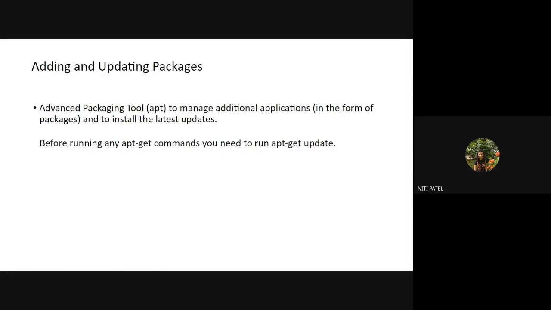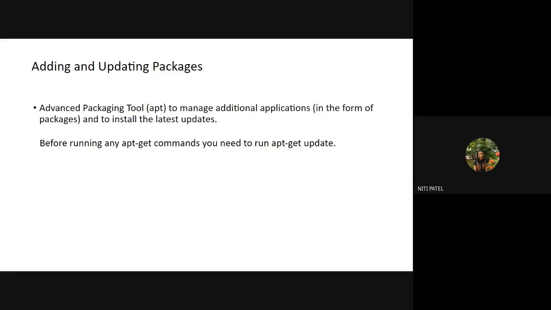Now, the next topic is adding and updating packages. What we have done up till here is that my Linux operating system has been installed. I can start using any software, any applications, whatever I want. Now, if I want to add any external packages, I have to make use of certain commands to install those packages. One way is you go to Google, simply download, and follow the GUI steps, that is click on next, next, next and get that application installed.